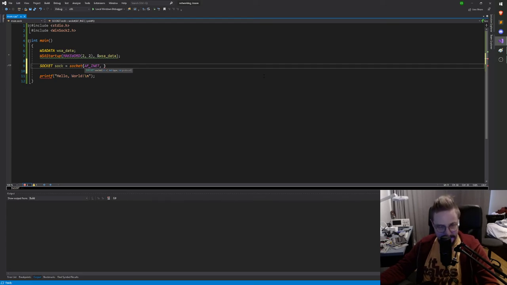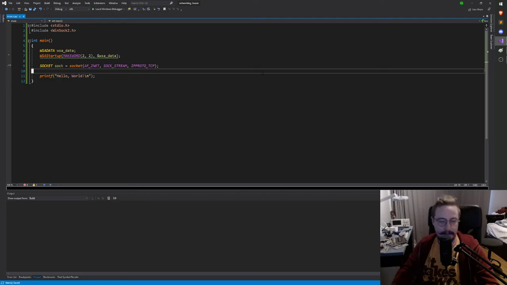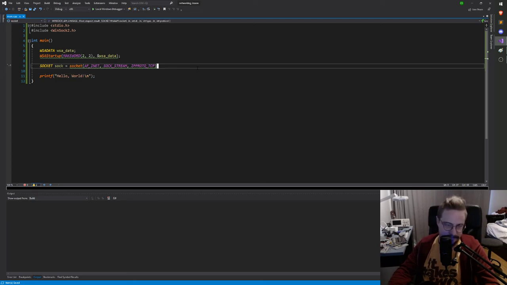And then type. This is kind of strange. Type and protocol are actually quite linked. So we're going to do SOCK_STREAM, and for protocol we're going to do IPPROTO_TCP. We're not going to worry about these two too much right now. You just know that at some point we're going to talk about what this means. What does SOCK_STREAM mean? What does IPPROTO_TCP mean? Just take my word for it for now.